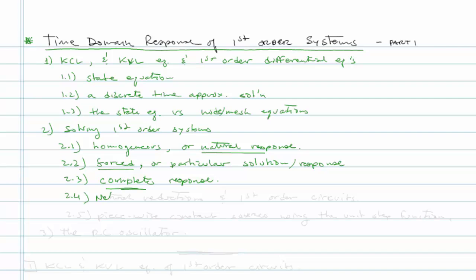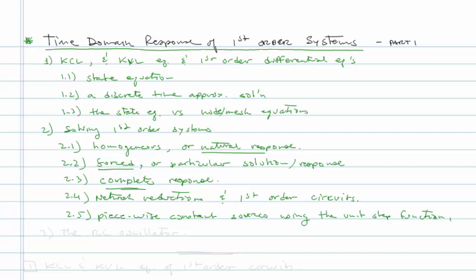We'll look at network reductions, and first order systems, first order circuits. And then we will look at piecewise constant sources using the unit step function. So eventually we want to arrive at being able to consider voltage sources or current sources